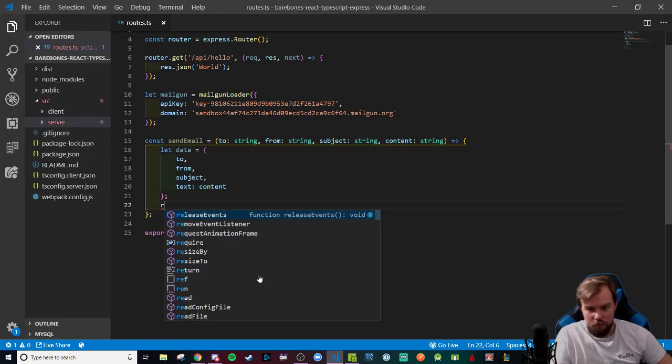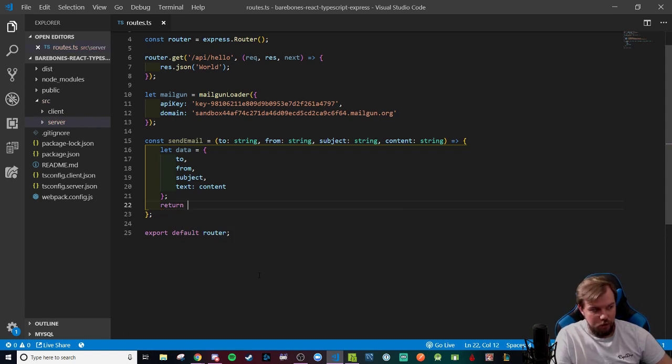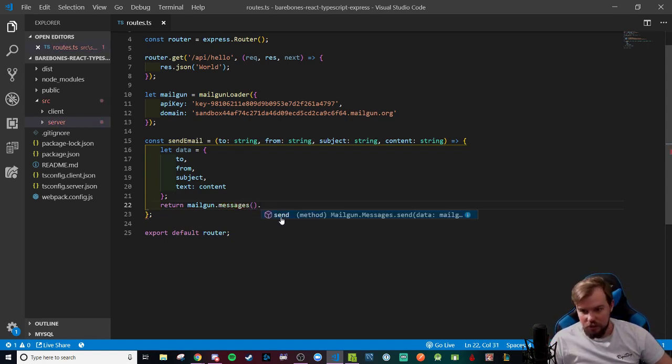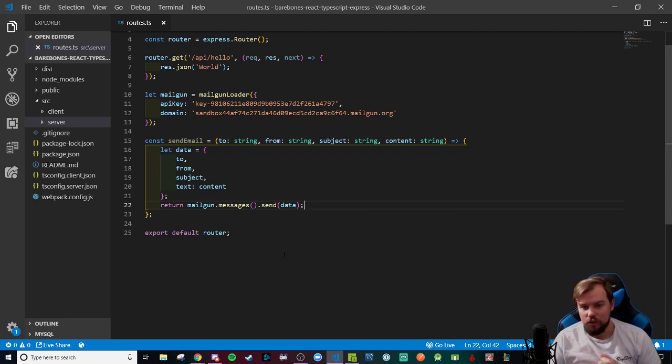So we're going to go ahead and return from the sendEmail function a Mailgun .messages, and there's IntelliSense giving us a hand again, .send, check it out, it's so useful. And then it will send just our data, and that's it. And this guy actually returns a promise. So when we call this particular